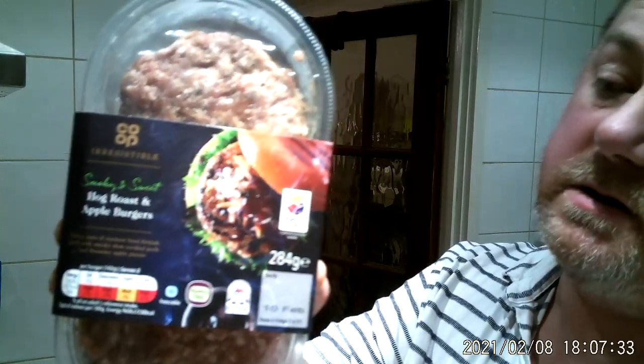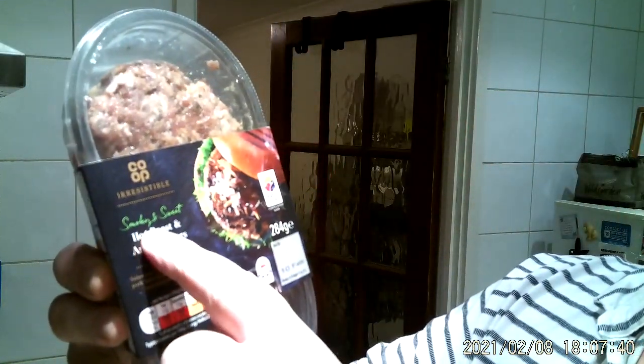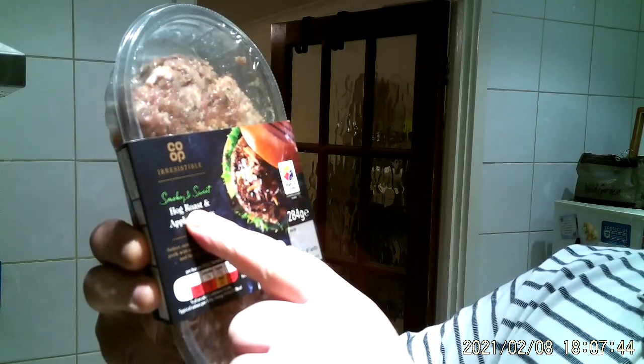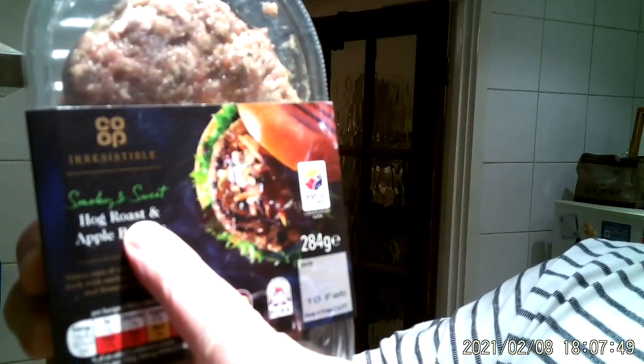Now today for my dinner I'm going to be making a couple of burgers. I'm going to be using burgers that I've never even heard of before actually. I was just looking in the co-op for something new, and part of the irresistible range is smoky and sweet hog